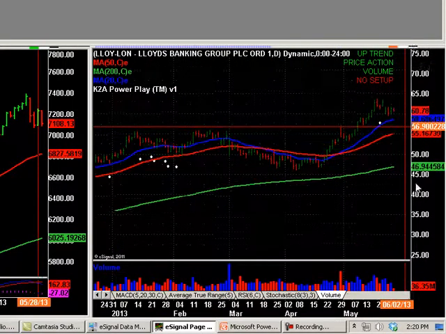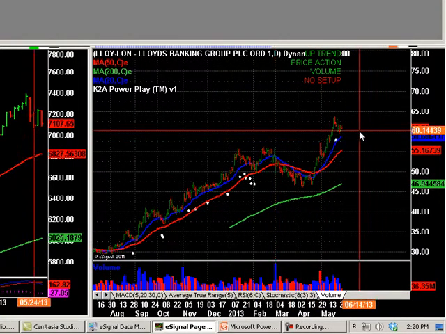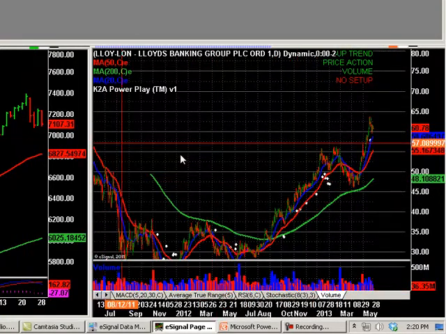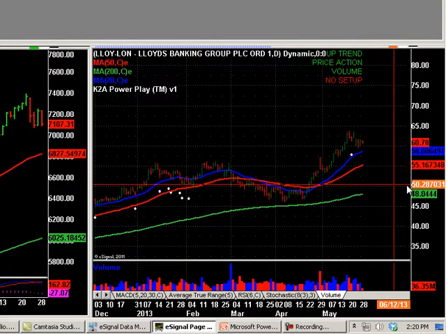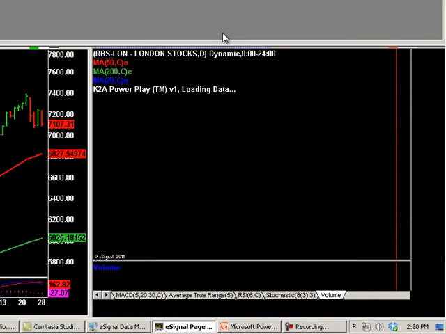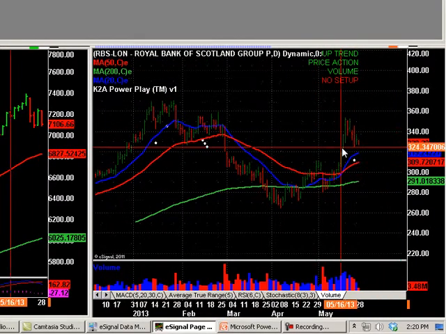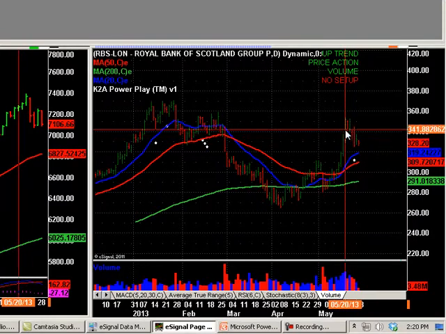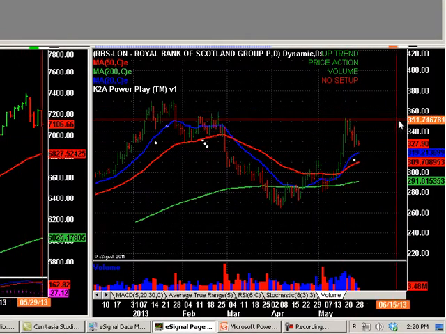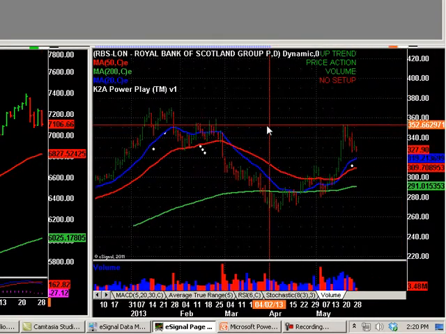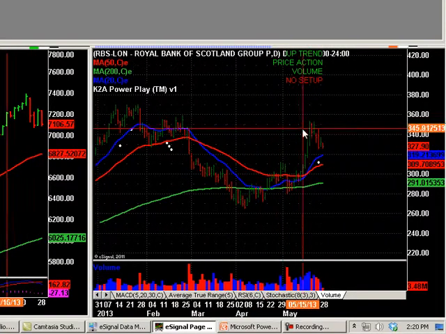Again, we got Lloyd's, broke through the 60 mark there after quite a while, after the big sell-off that we had, and it's now catching up. There it is. We've got RBS, which I've recently closed my position after a big rally to the upside. I closed it like somewhere here, and then it carried on going up even. And again, I was actually buying shares, and I just came out recently.